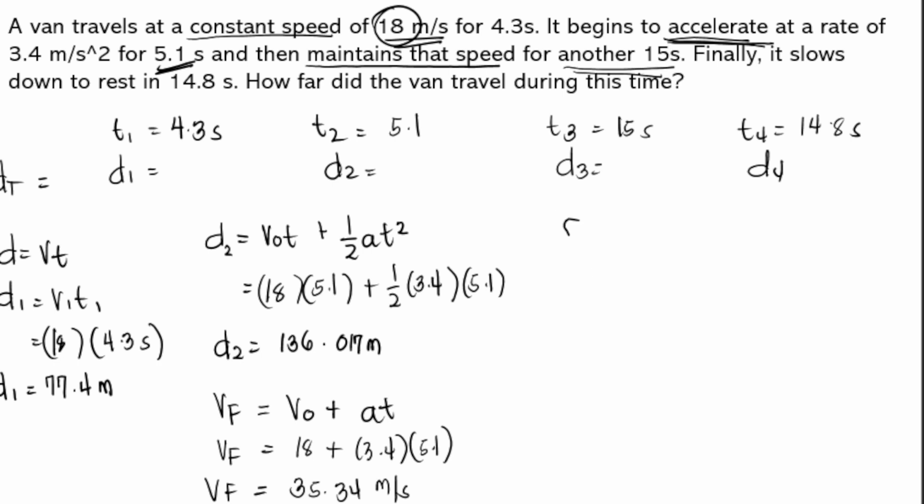So, yun na yung gagamitin nating speed na na-maintain niya for another 15 seconds. Okay? So, yung D3. D3 maintains that speed. So, constant speed, d equals vt. So, ito na yung gagamitin natin. 35.34 multiplied by 15. So, D3 would be equal to 530.1